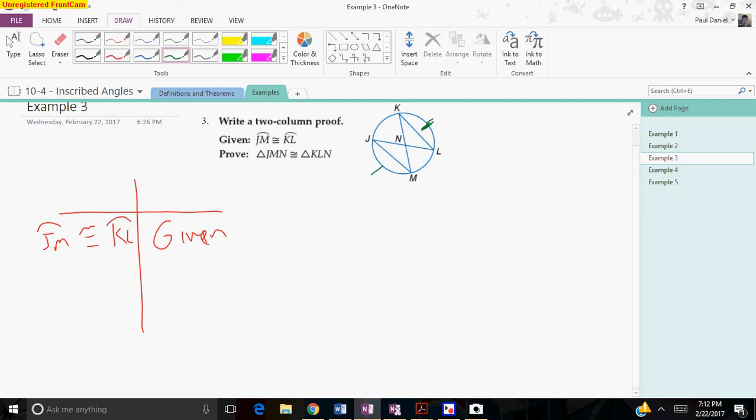Since I know that's true, I remember in an earlier section in this chapter, that means that the chords, right, that have that arc as its endpoints, those chords must be congruent. Therefore, I know that JM, the line segment, must be congruent to KL, the line segment. Why? Because congruent arcs